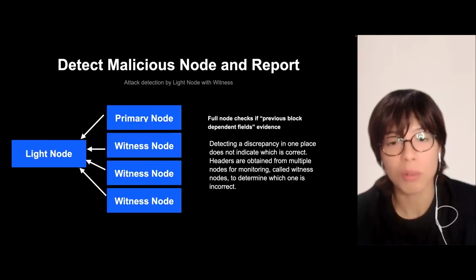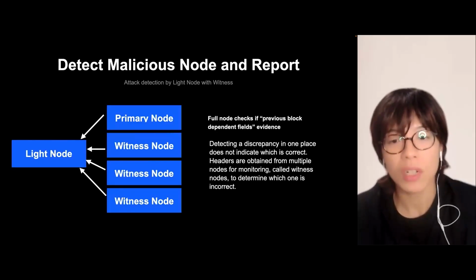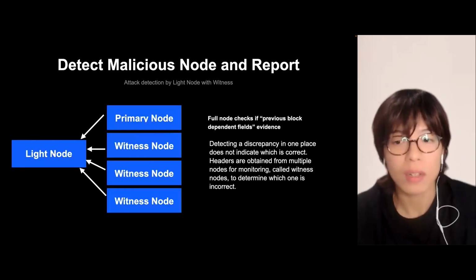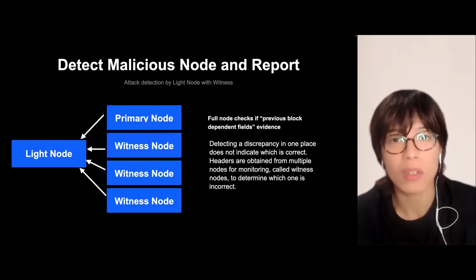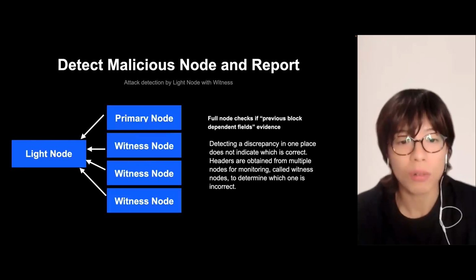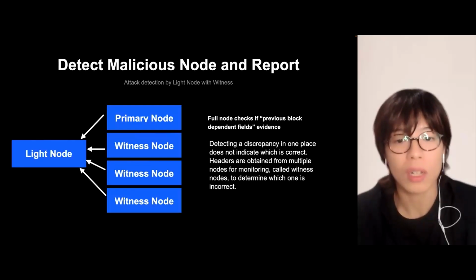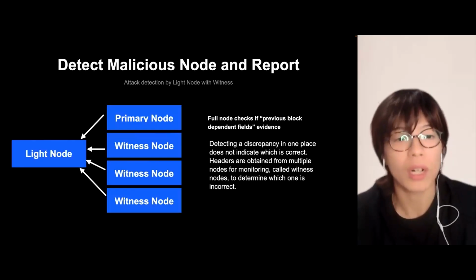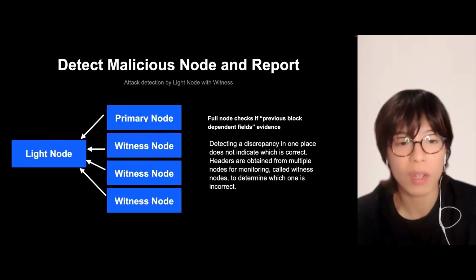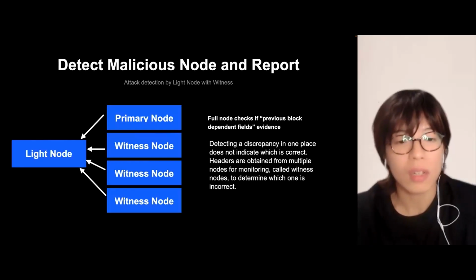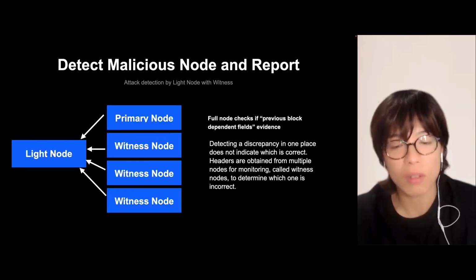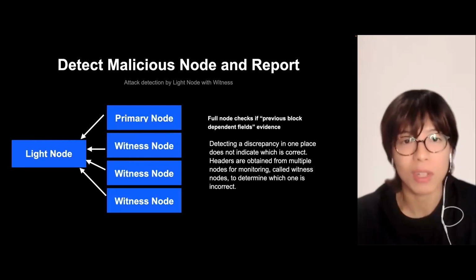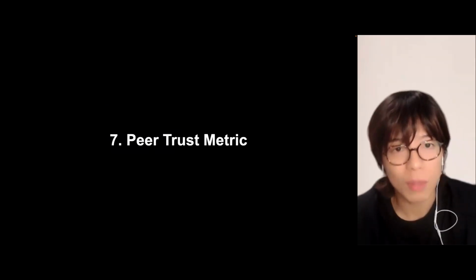With the primary node and the witness node one-on-one, if there is a discrepancy, you cannot tell which is the malicious node. So as a countermeasure, you acquire further headers from multiple nodes. By acquiring header information from multiple nodes, you can tell whether that particular node is really rogue or not. If it is, evidence will be broadcast to all the nodes. Only the discrepancy on the nodes will be detected, and the results will be sent out to the witness node. This way you can save the cost of detection.